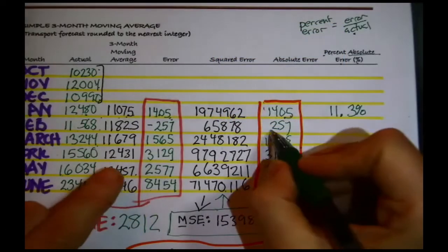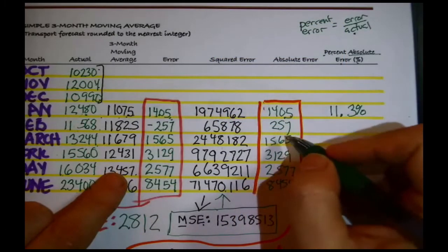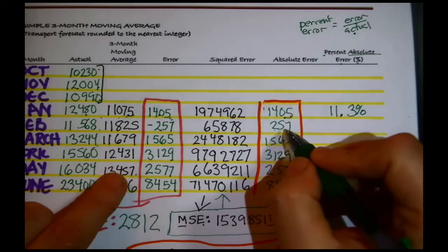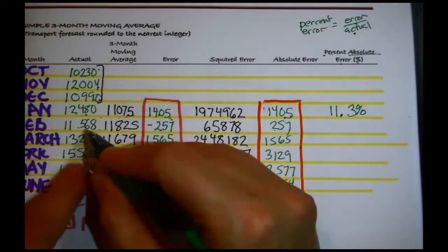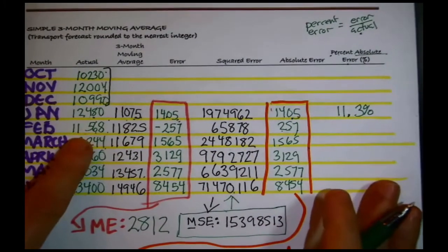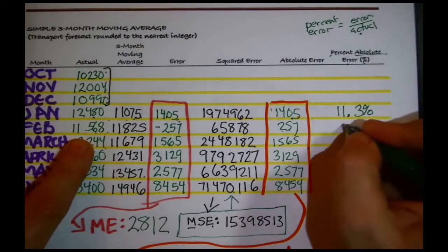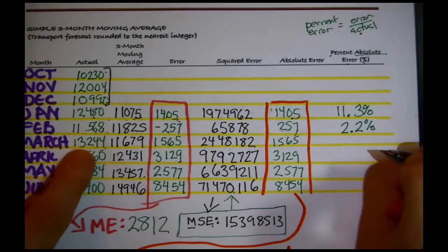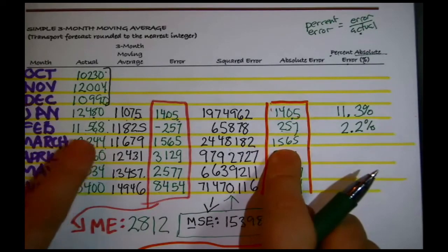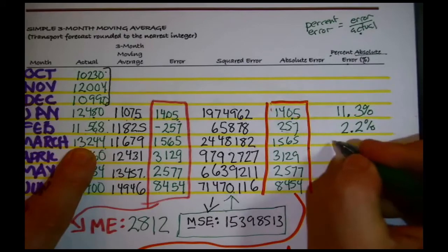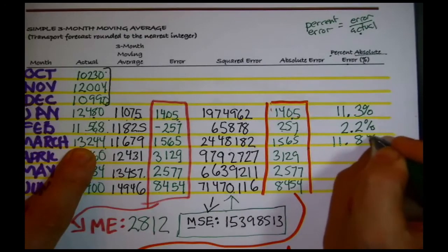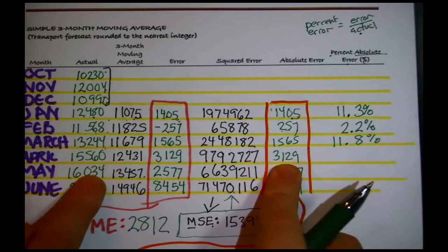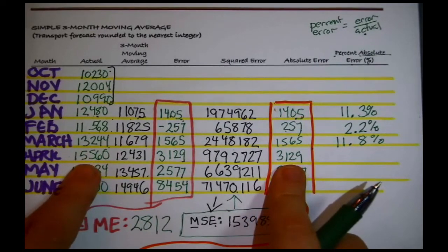Now I need to do that for each one of the months. So I say 257 divided by, where's the actual? It's over here, 11,568. Not much of an error in the great scheme of things. I get about 2.2%. Here, this number divided by that number, stated as a percent, 11.8%. This number for April divided by that number for April, you'll see 0.201 some odd on your calculator, or an error of